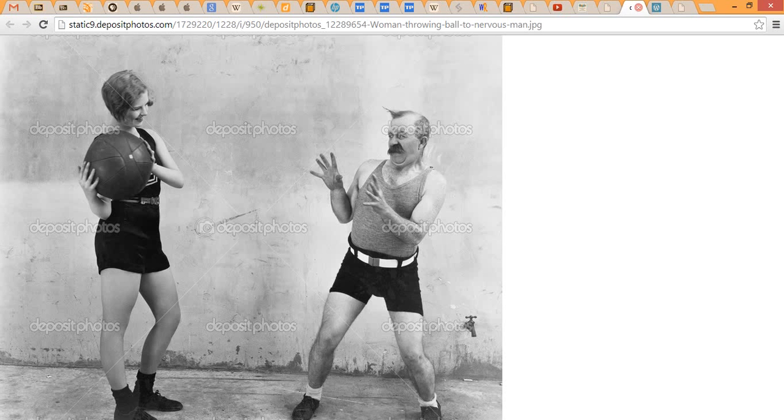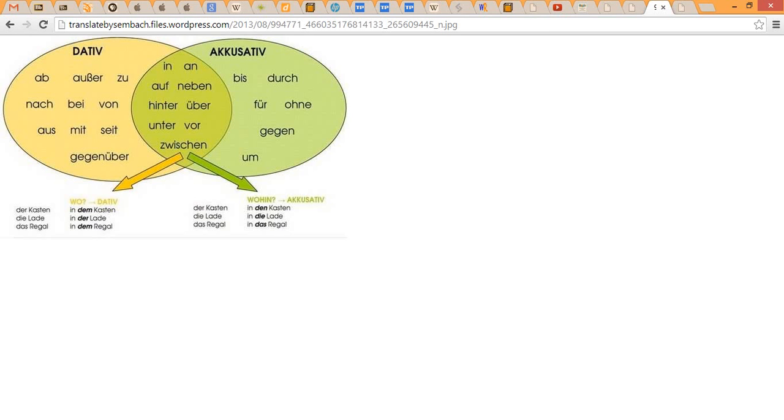And if we look here, we have some dative prepositions up here. Mit is a completely dative preposition. So any terms that come after mit, for example, or von or zu, are going to have the dative article in front of it, or a dative adjective as well. Now there are some dative and accusative prepositions,